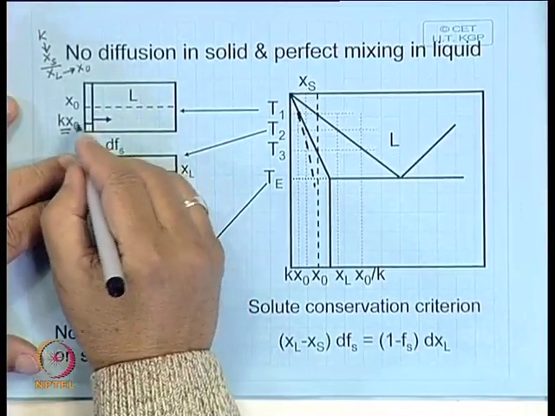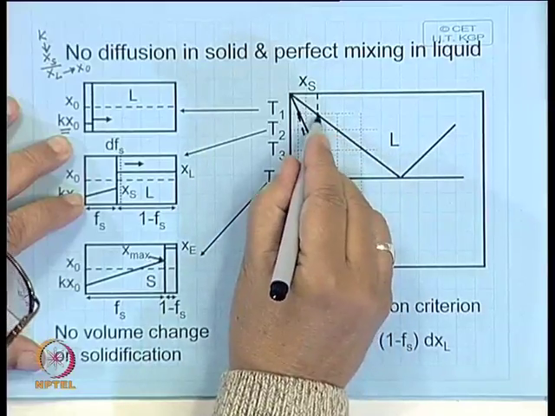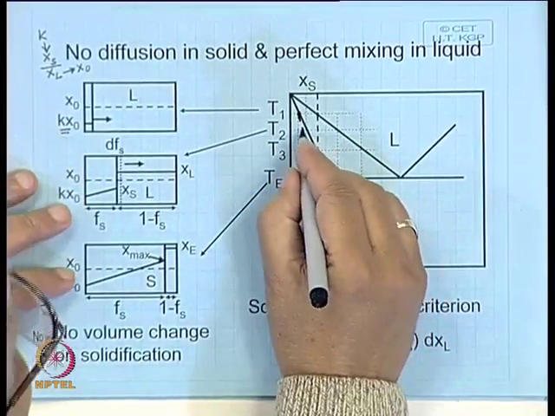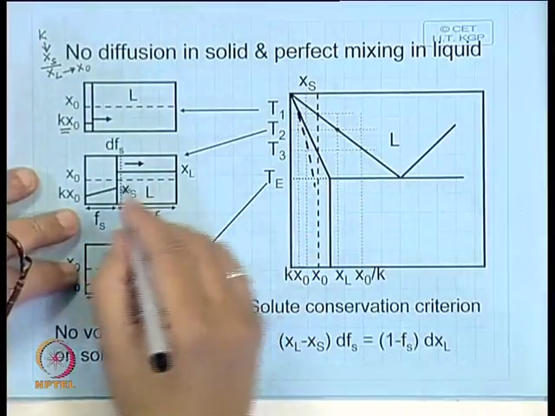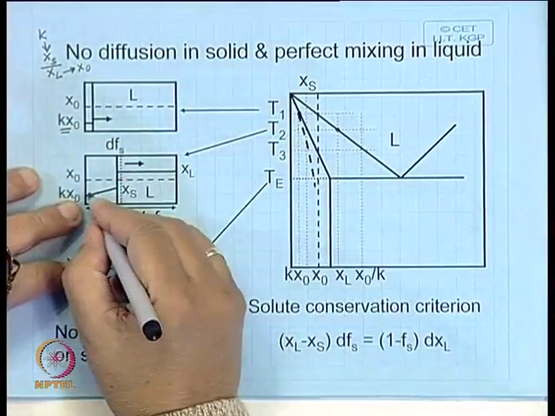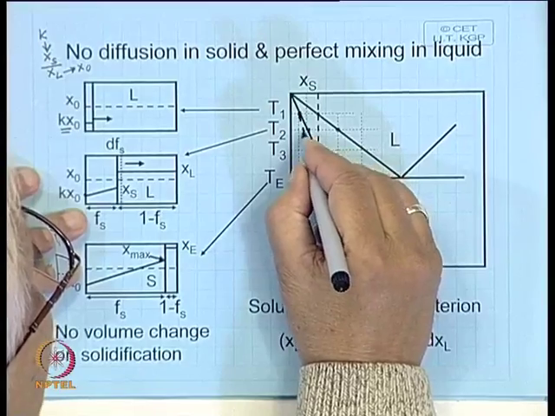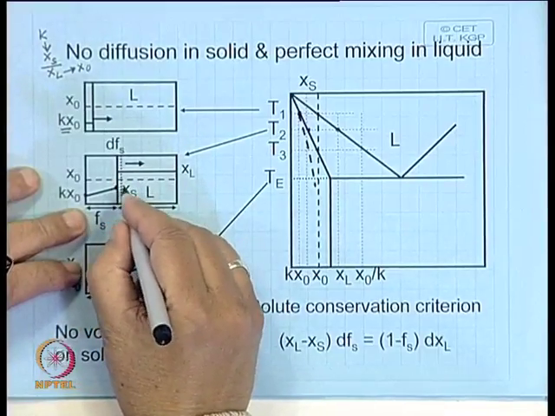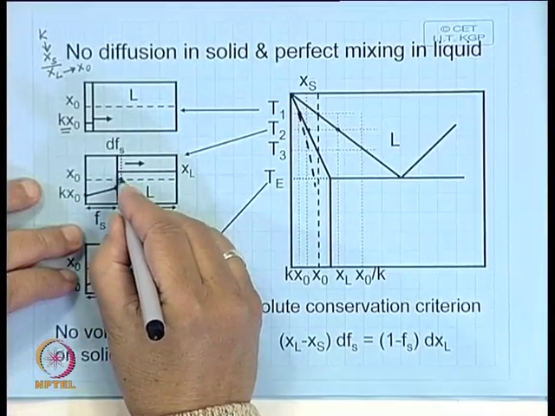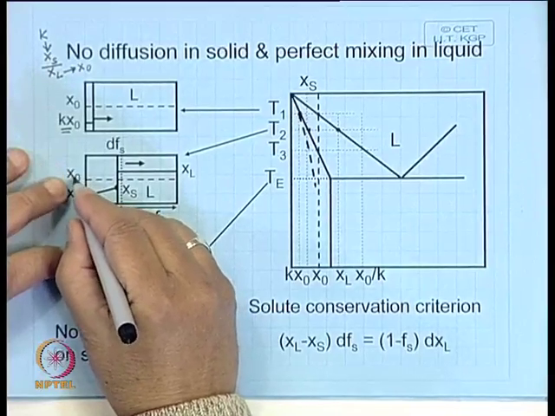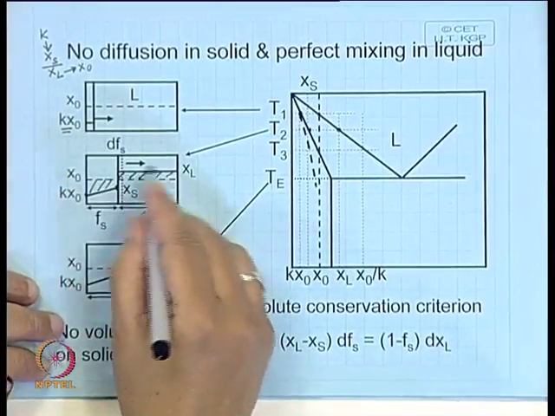and then the liquid, if this much amount is coming out over this range, that liquid will get enriched. So, liquid composition will change along this line. Say at intermediate temperature somewhere here, this is the liquid composition, and the solid composition, see initial first layer which solidifies is this, but the next one which is just solidifying now will have a composition given by this point, x s, and there will be a composition gradient like this. The liquid will be richer in solute, that means its concentration will be higher than x naught, it comes here, and this area will be equal to this. So, this is the principle of conservation of the solute element,